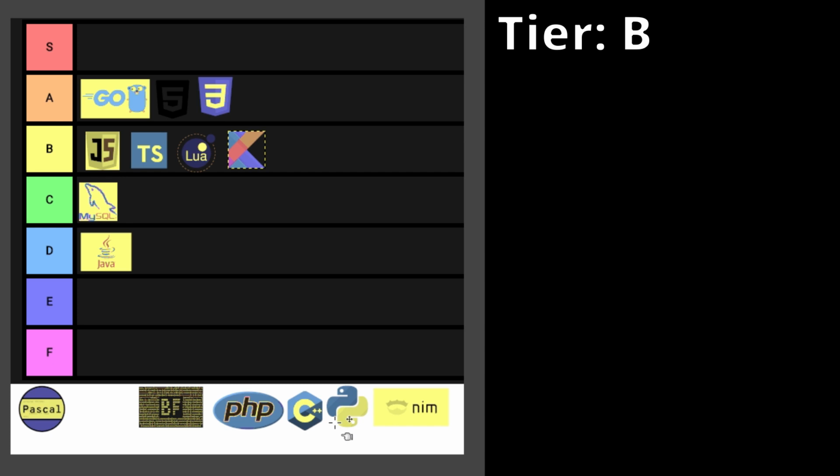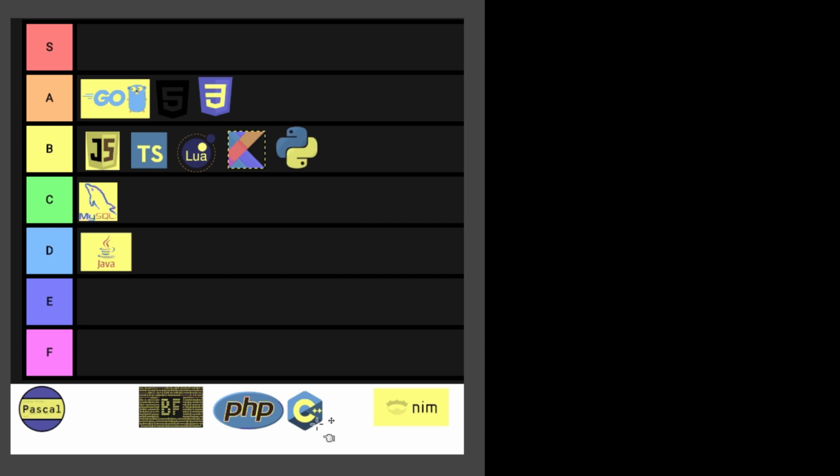Python's ease of use and strange syntax has made it one of the most popular programming languages. The community is massive and friendly, and you'll usually not find any problems searching for answers to questions you have. And in my opinion, Python is my second favorite programming language. Other than its disgusting space-based syntax and slow performance, it is perfect in my eyes. So we can put it in B tier.